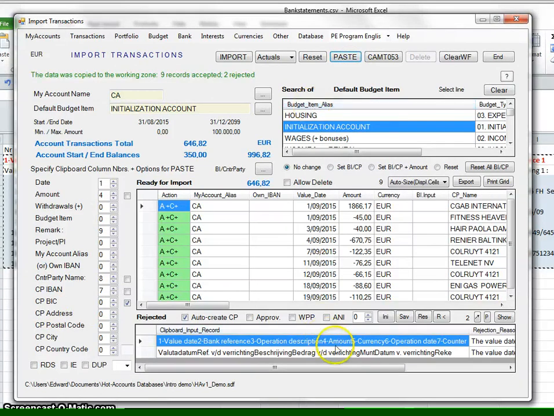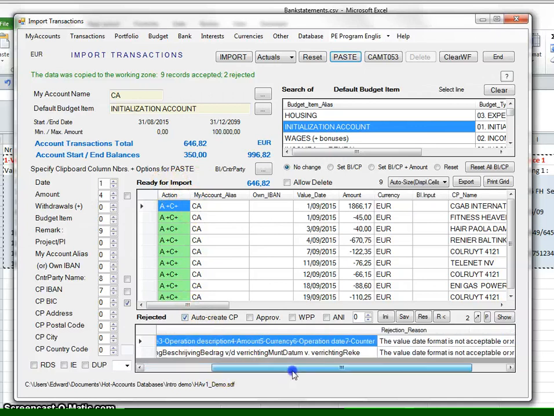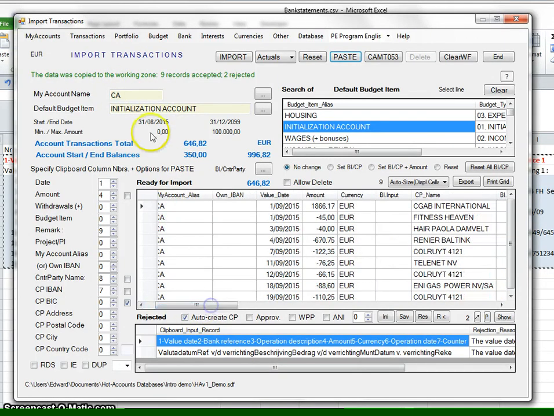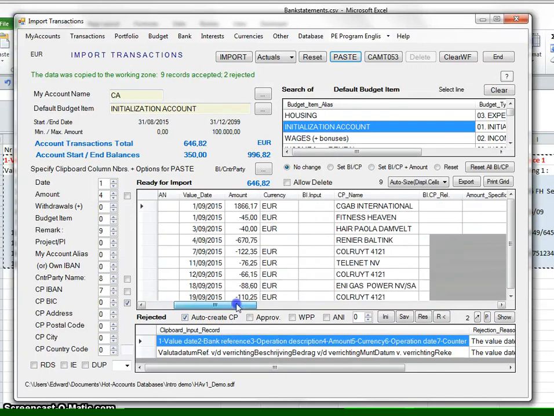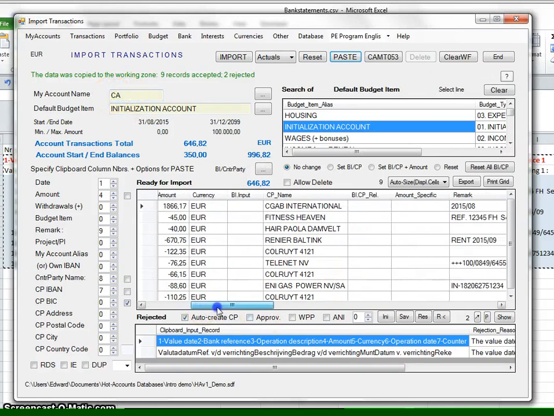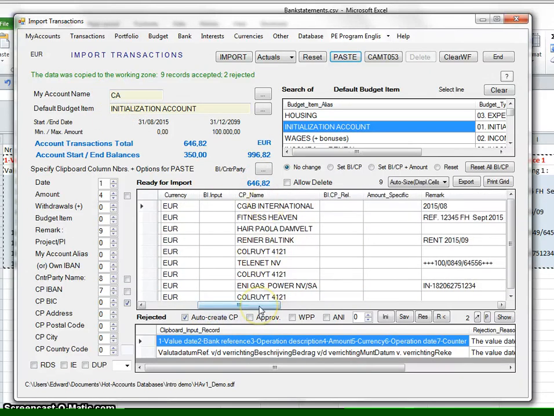The program has analyzed the information from the clipboard and put it either in the rejected transactions work file or in the ready for import work file. You see here the titles are rejected, and the other information is put here. You see the account that is being used is in this case the CA, cash account or current account, the date, amount. The currency is taken from the CA here. Then we have the counterparty name,